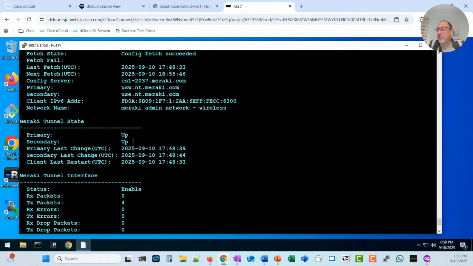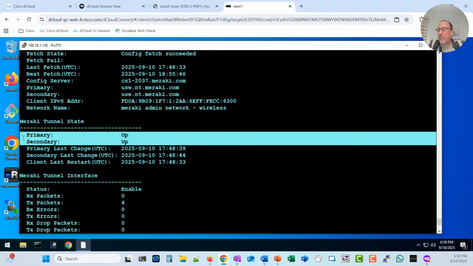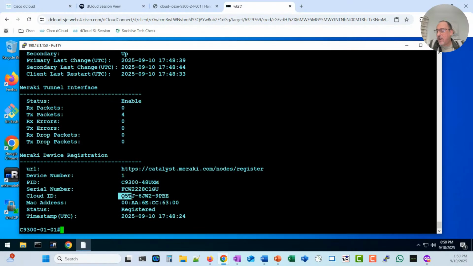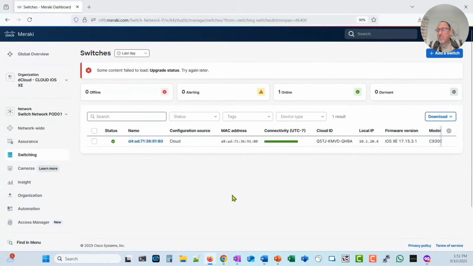And then we can see that we are up and up right here, right? So we can see primary and secondary is up. And down at the bottom here, we have our cloud ID. I'm going to go ahead and highlight that so it is in my buffer so that we can actually bring it into the dashboard. So let's go over to dashboard. Our tunnel is now up, right? Let me refresh this page to show you